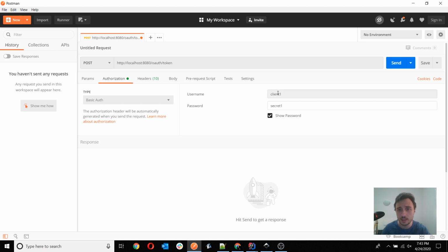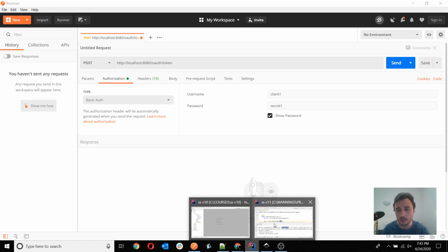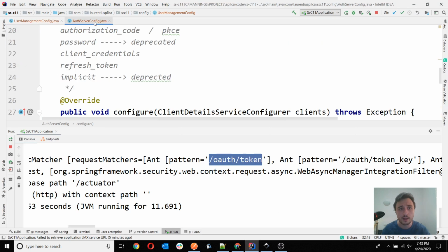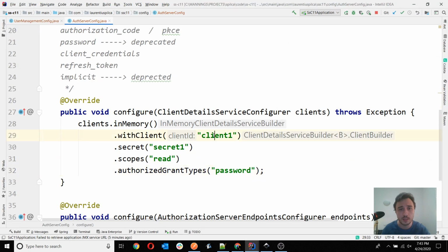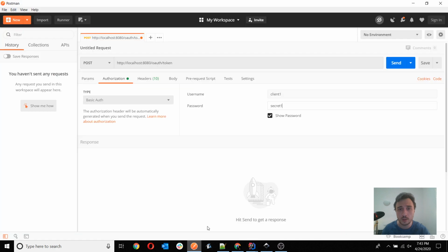So this is the username and password: the client and the secret of our client. And remember, we have set them here, this one and this one, the client ID and the client secret. So I do basic authentication with the client ID and the client secret,